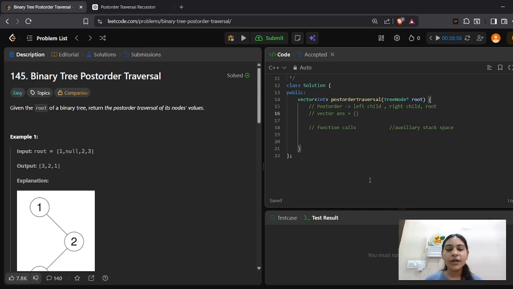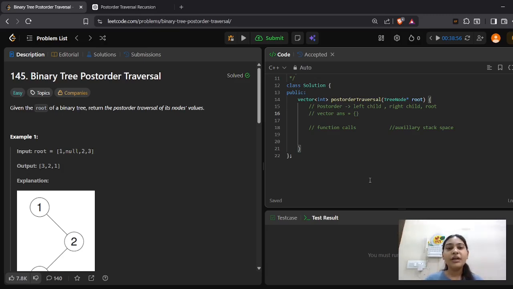So first we need to understand what post-order traversal means. Just like in pre-order and in-order, in this traversal we first travel the left side of any node, then its right child, and then the node. So if we are given a root node, we first store the left child of that node, then the right child of that node, and then the root node itself. This is how we do the traversal of any binary tree.